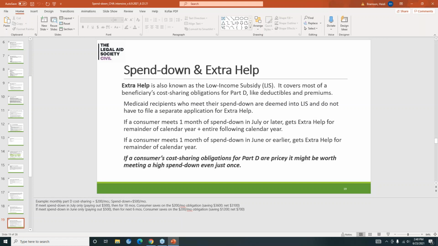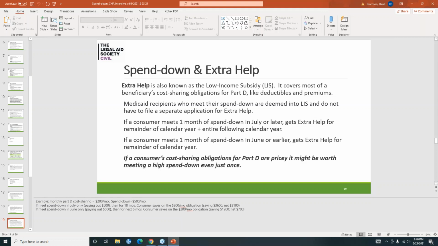If a consumer meets 1 month of their spend down in June or earlier, they get Extra Help for the remainder of the calendar year, which would be 6 months. And so let's say a consumer's cost sharing obligations for Part D are pricey. Then it might be worth meeting a high spend down, even just once, to lower those Part D costs for either the remaining year or the next 18 months.